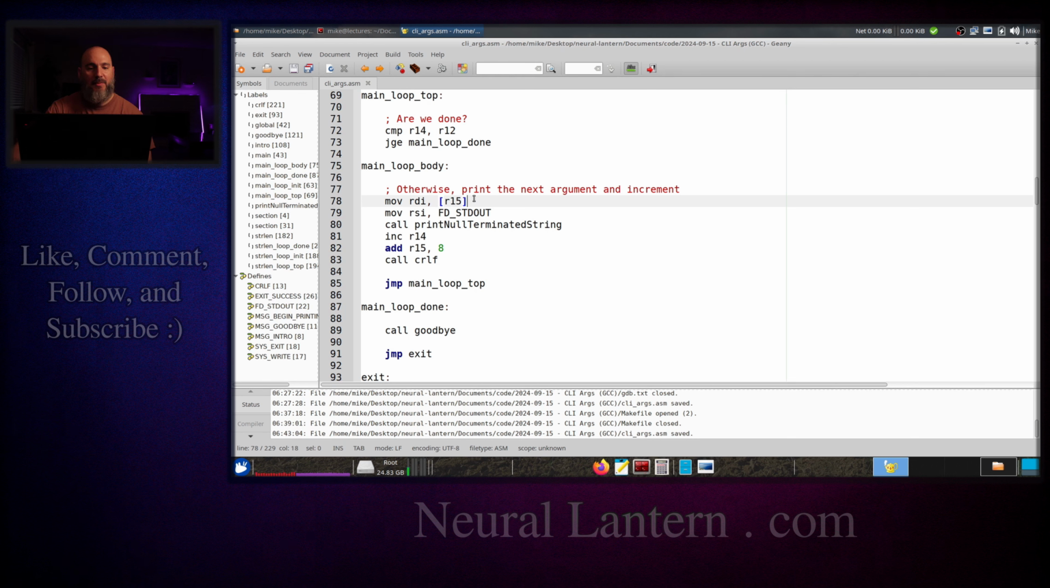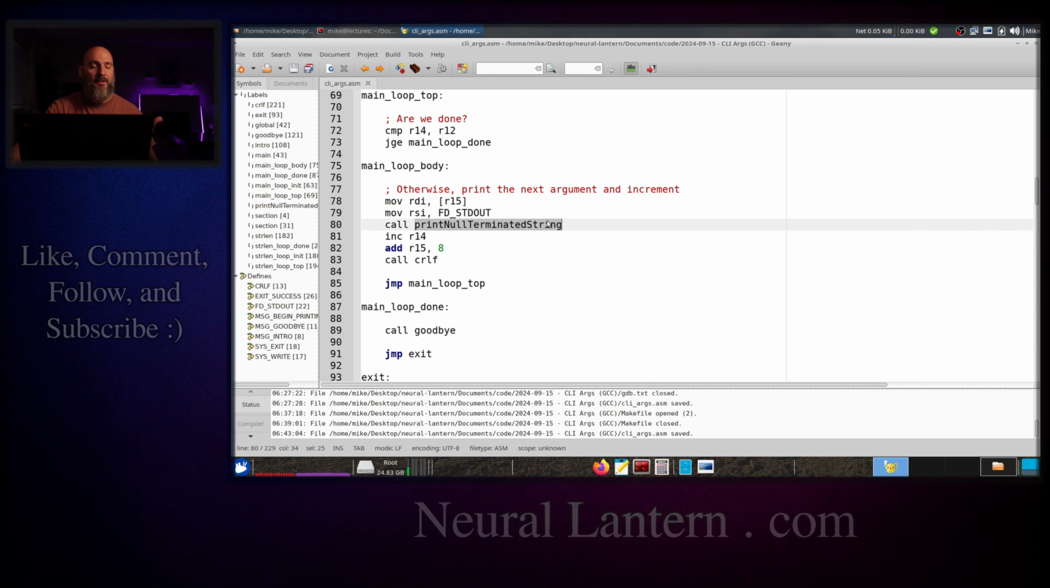So I'm just sending this into my function. My function takes 2 arguments. It wants a pointer to a string and it wants the file descriptor to print to. Again, other videos explain printing to standard output, but I'm just going to print the string. So this part right here should actually print the argument. And then after we're done with that,